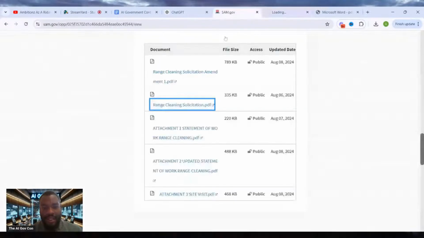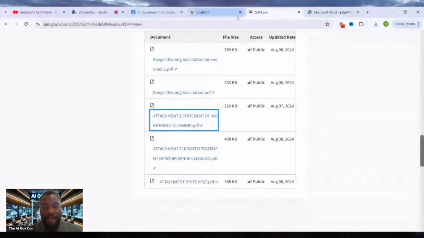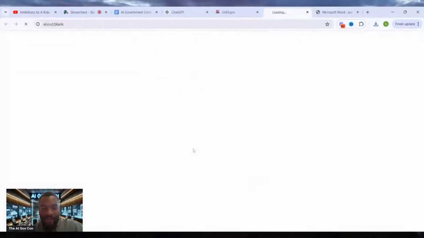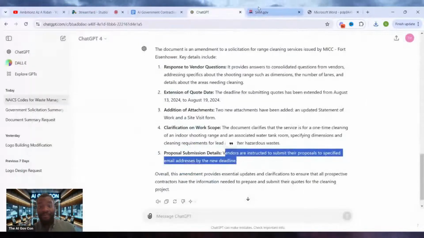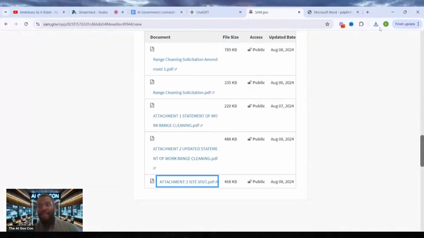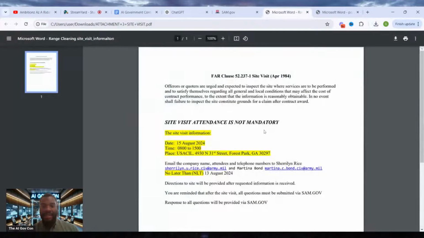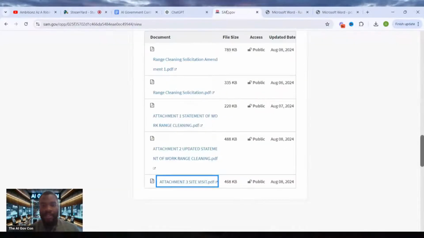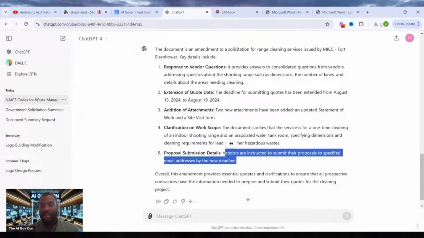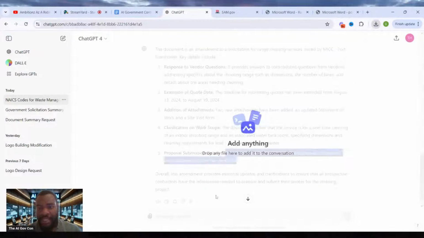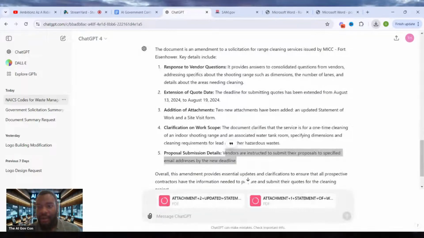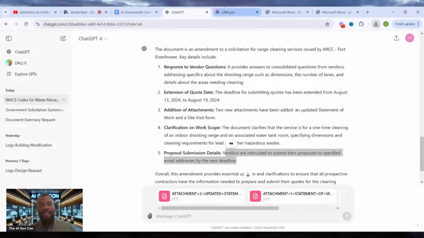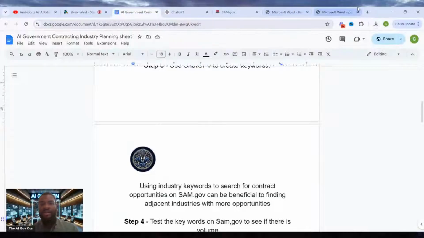Range cleaning solicitation. So that's the solicitation. This is the statement of work. I am currently downloading these. This is attachment, updated statement of work. I'm going to download it as well. Site visit form. I'm going to download it just so we can look at it. This is the site visit form. It's 1 page. But when it comes to my breakdown, I'm going to be using the beginner friendly 5 step solicitation breakdown guide, but I'm going to attach all these documents right now into ChatGPT and then go into Google Doc